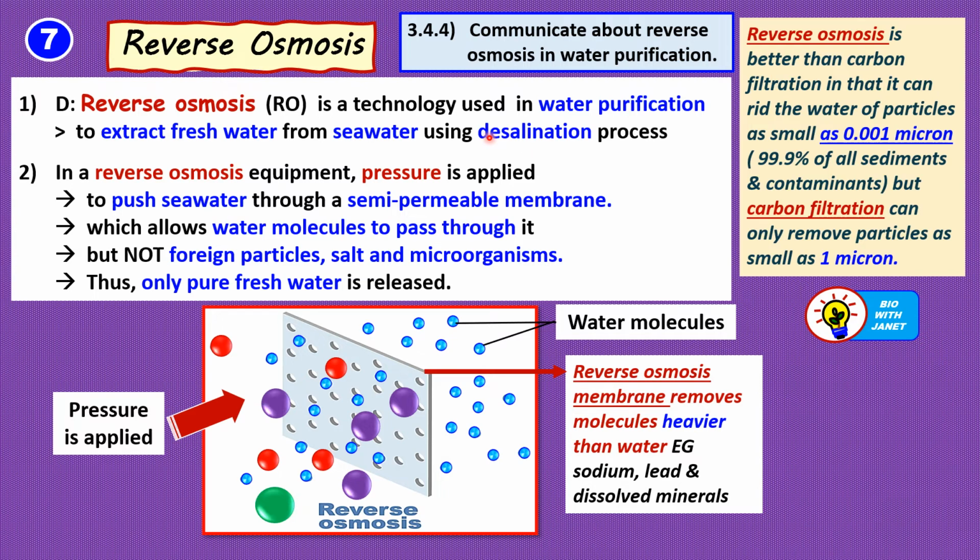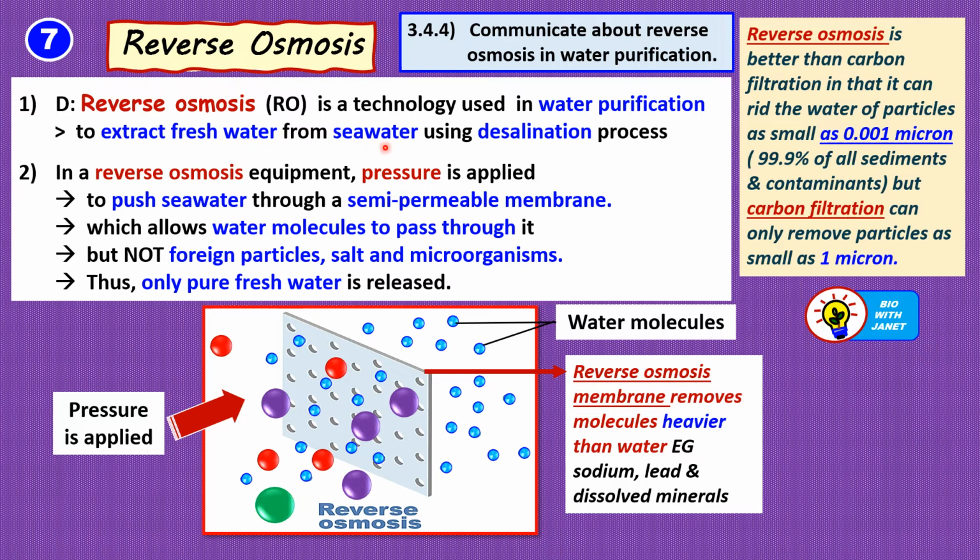So mankind has learned how to get fresh drinking water from seawater by using the desalination process, whereby the salt in seawater, which contains a lot of salt, right? Now this salt has to be removed in order to obtain the fresh water